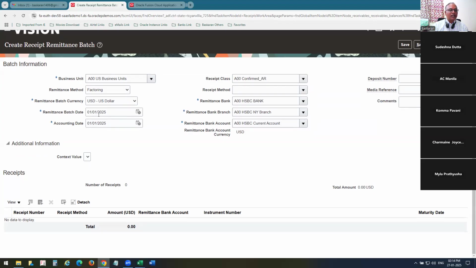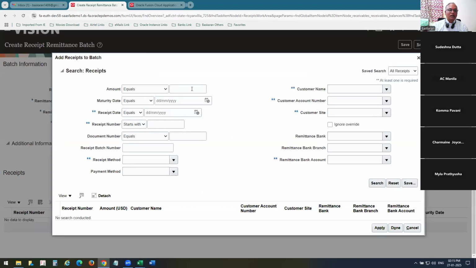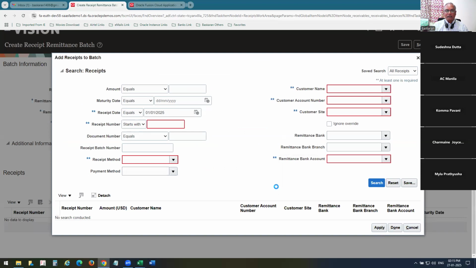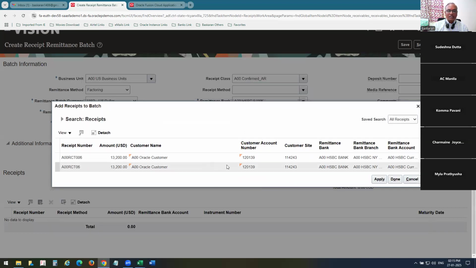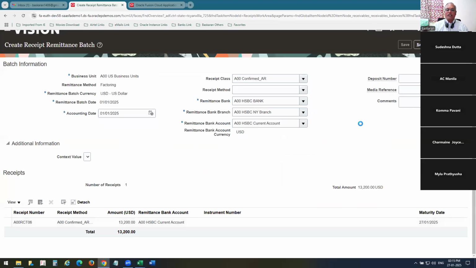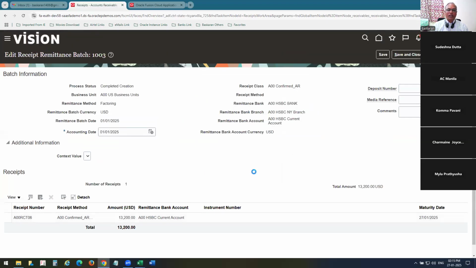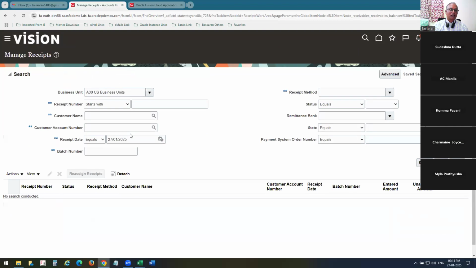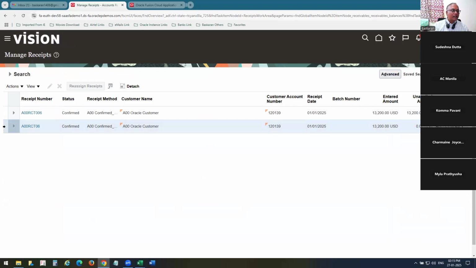So listen, 1st January 2025. Now I can select the receipt number 06 on 1st Jan, and then approve. So what is the accounting entry at the moment? Accounting entry at the moment, it is